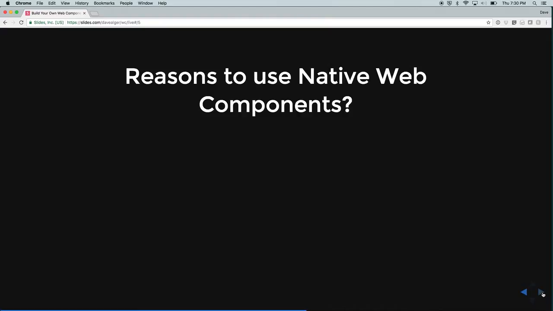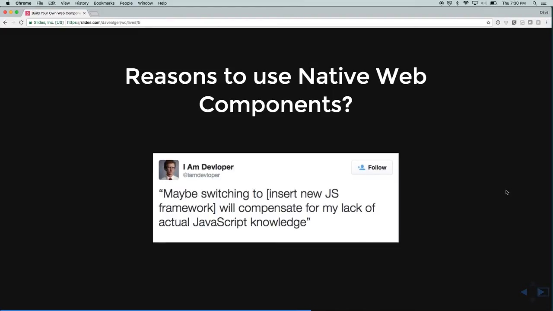And now my top 3 reasons to use native web components. Interestingly enough, my number 1 reason came from this dumb guy I follow on Twitter. He said, maybe switching to JavaScript Framework of the Week, it will compensate for my lack of actual JavaScript knowledge. So it's really, really cool to know and understand the platform you're on. And I think a lot of us have to learn that. As web developers, it's pretty much sink or swim. You either know it or you're going to have a lot of pain. But